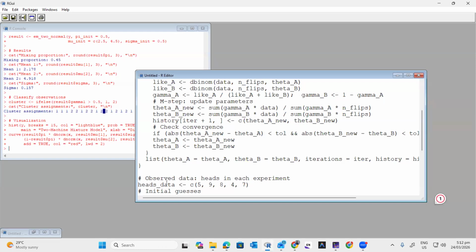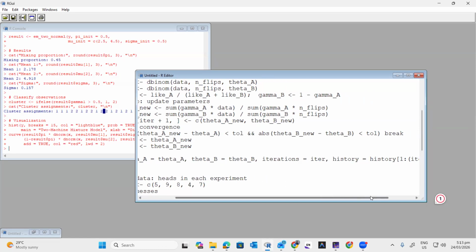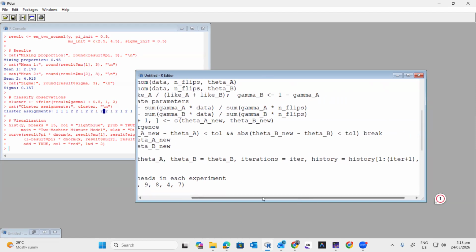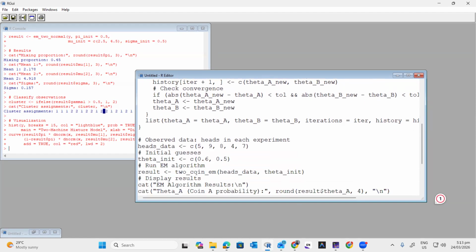we will prepare a list. So the function will return the final estimates of theta A and theta B, the total number of iterations that we performed, and the trimmed history matrix. Okay, from 1 to iteration 1. Okay, now after that,